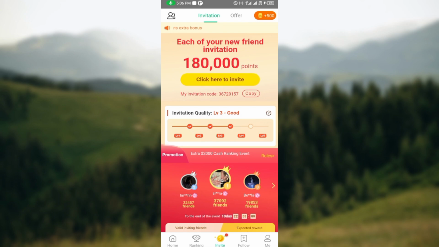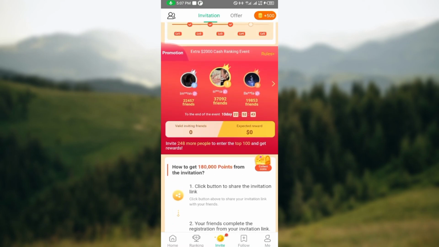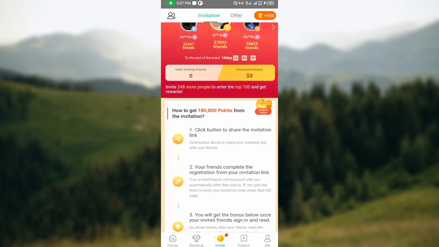When they download the app and they are prompted to input the referral code, once they type it into the box displayed, you would receive points. Then another thing is by making use of the referral link. You can just click on the link here to get your